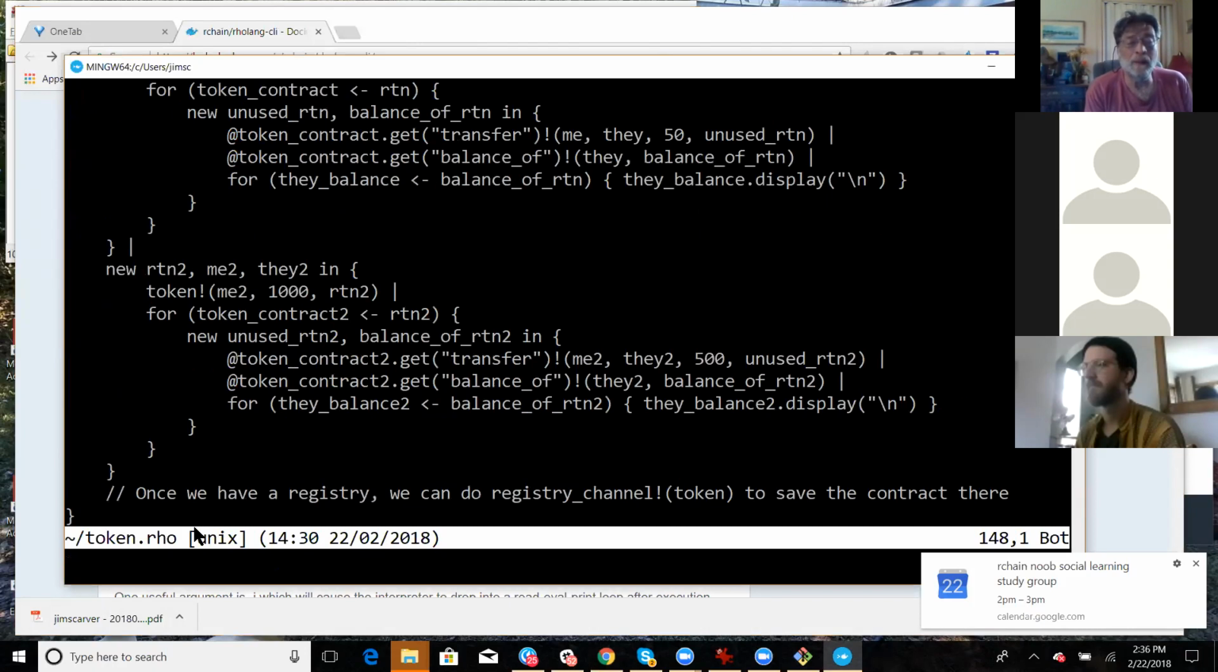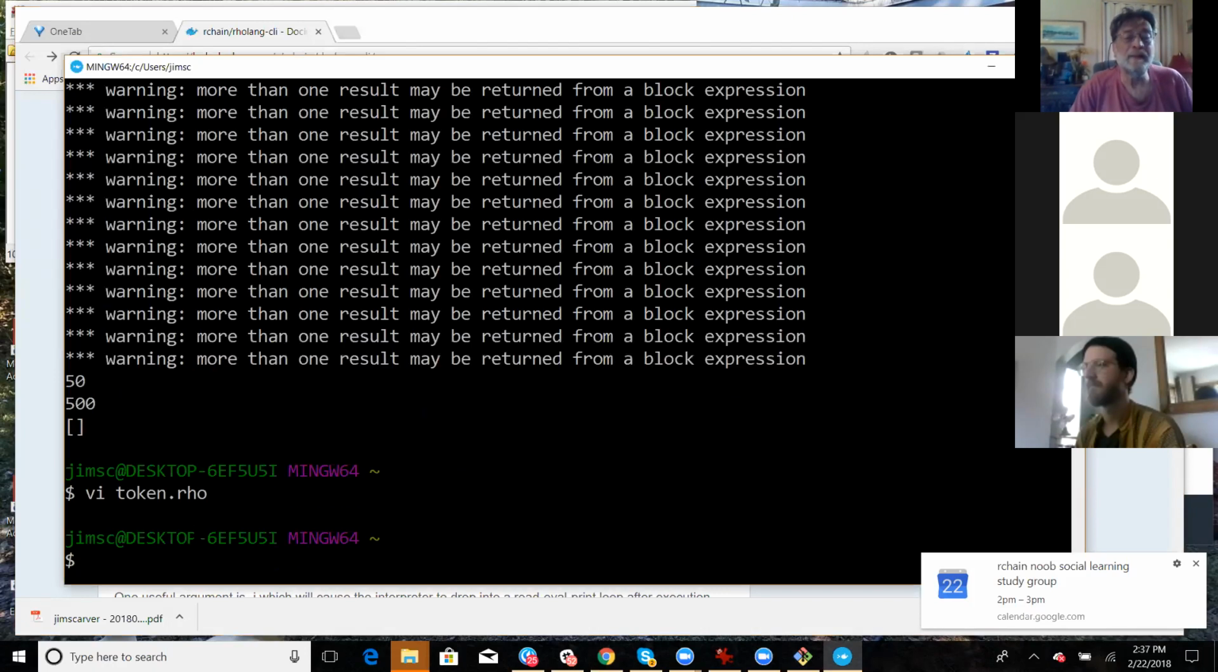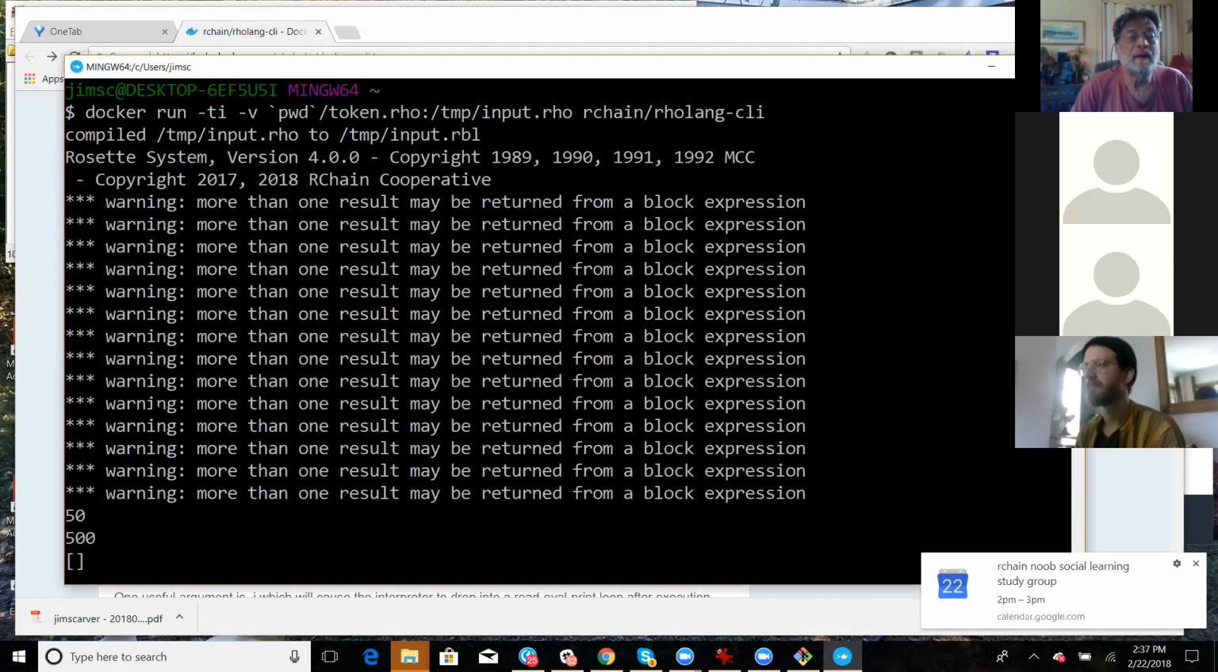Right? That would be cool. And if we go through the tutorial, we should understand how this contract works, which I haven't done yet. That's why I chose this contract, because it's used as an example. But we don't even know if the current version of the Rholang processes this completely. We got some warnings, but